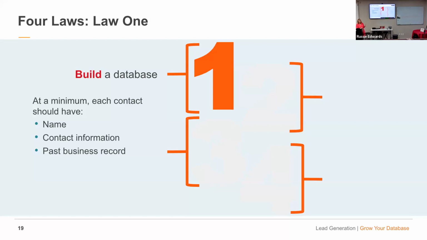And I do things like home anniversaries, right? So I have to have a record of when I sold them a house because I like to celebrate their home anniversary. Also, what do most people start thinking about 2 to 3 years into owning their home? They start either thinking about moving, they start thinking about some renovation, they start thinking, how much is my house worth now? So would that be valuable to know when they last bought their house? Because now you can give them an updated pricing on their house, all of those things. So it's important to keep a past business record.